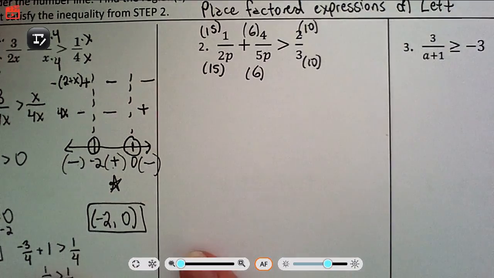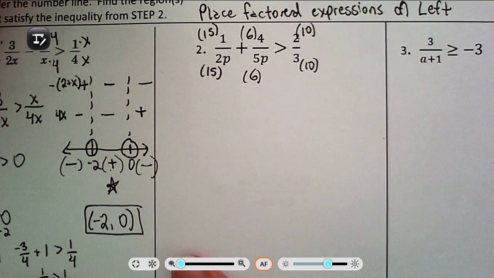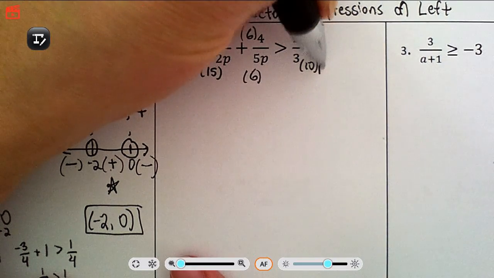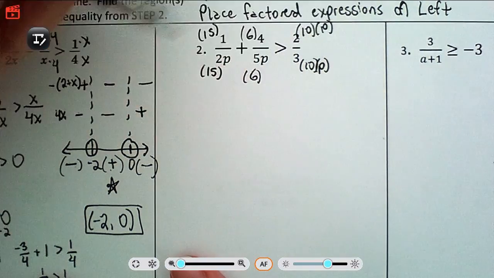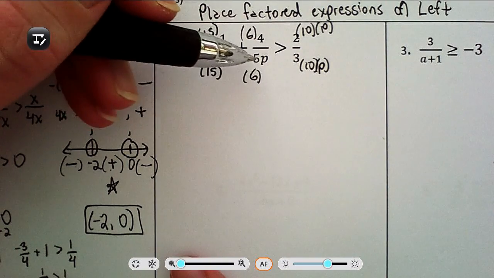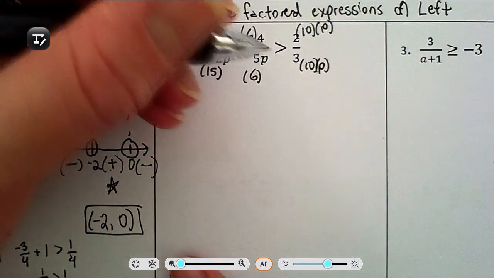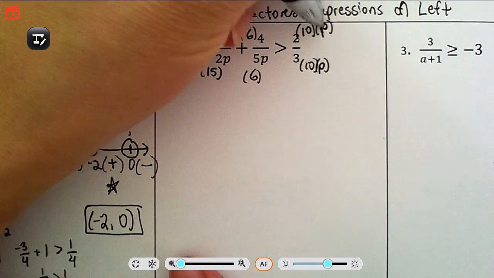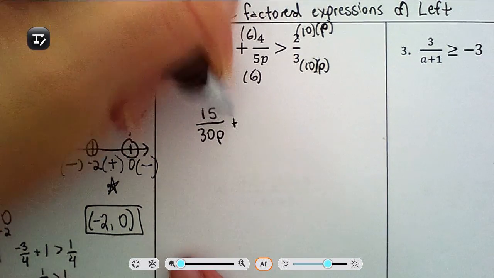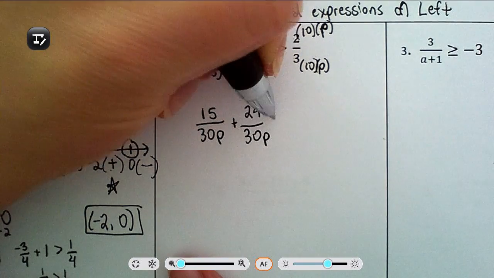Okay, moving on to number 2. So we really wish to take 2p, 5p, and 3 and get a like denominator. That like denominator would be 30p. So we need to multiply the top and bottom by enough to get it to be 30. So 2 times 15 is 30, 6 times 5 is 30, and 10 times 3 is 30, and multiply the top by the same amount. Okay, so then we get 15 over 30p plus 6 times 4 is 24 over 30p is greater than